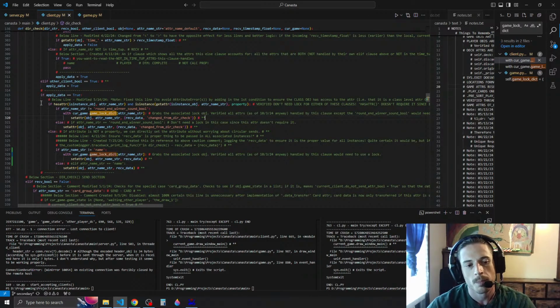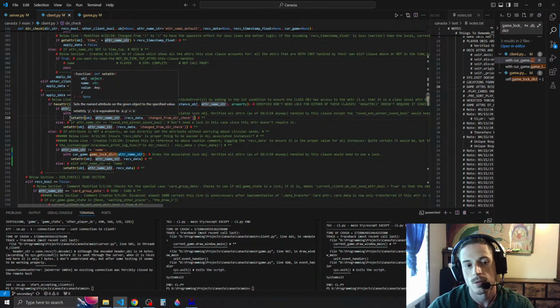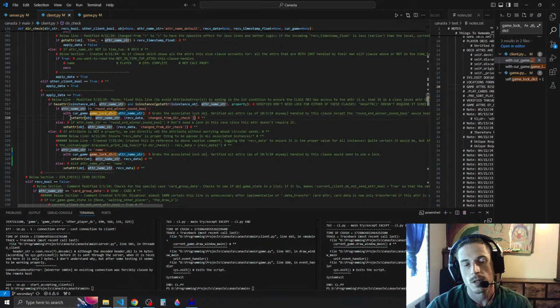Like some of them may be set through the setting of another attribute, which means that place where it is set wouldn't be covered by this lock acquisition,